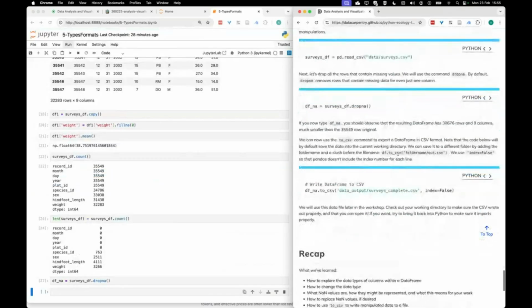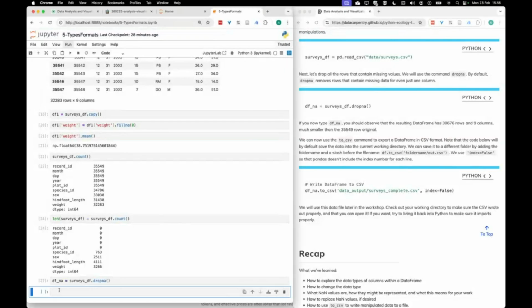Yeah, and then closing the loop after we've done some data processing. We started off with read_csv. Now I've got to_csv to export, to write out the data frame to CSV rather than reading it as a CSV and getting it as a data frame. So we can just write that out, saying df_na.to_csv out.csv, and that should